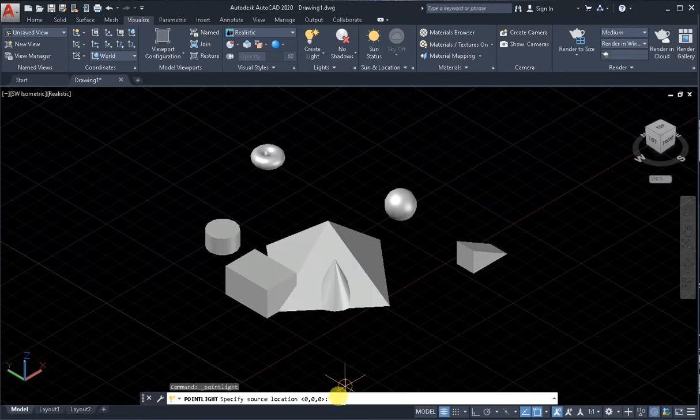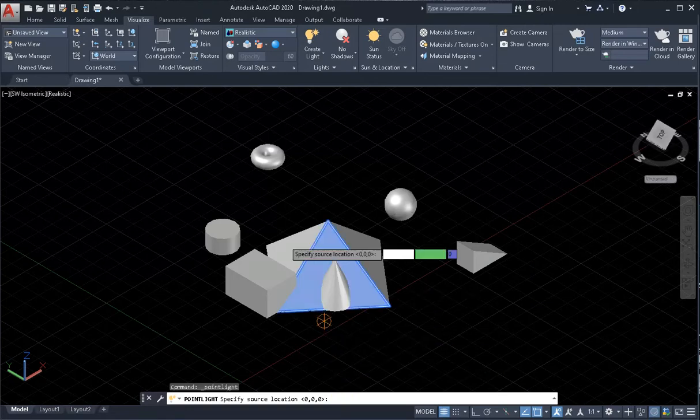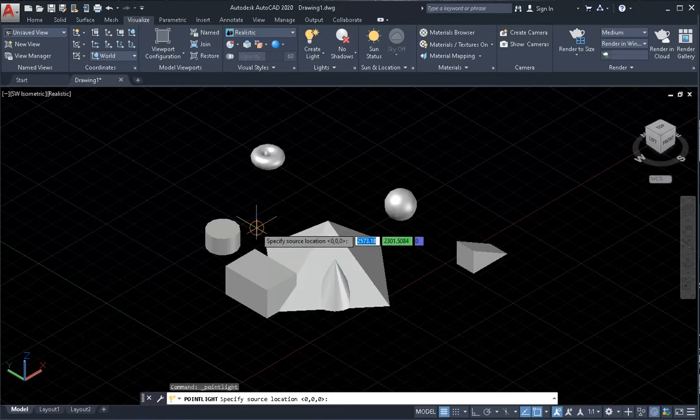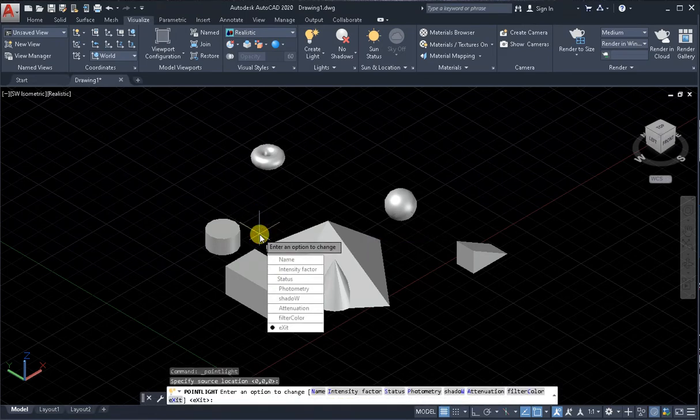Maybe you need to enter some digits, but I simply click to quickly create it. Simply click something here. Next step,